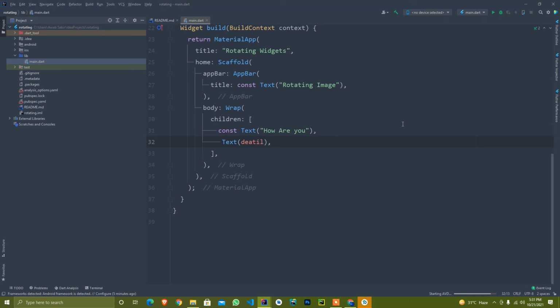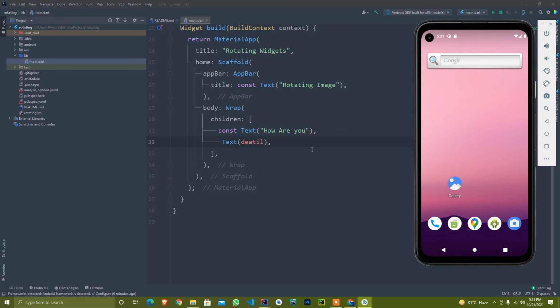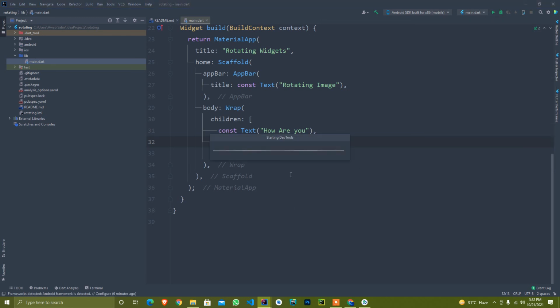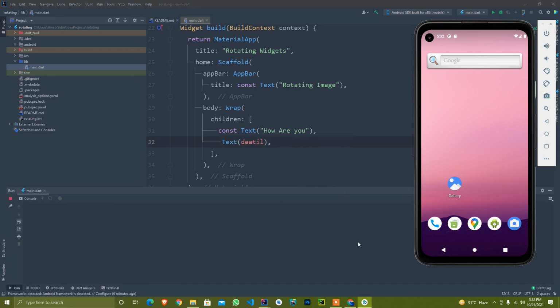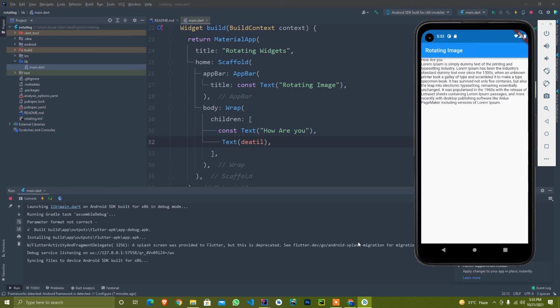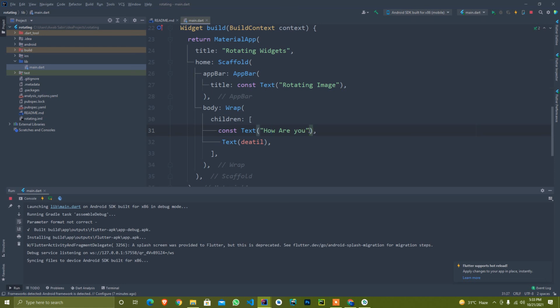While starting my emulator, it takes a couple of minutes. My emulator is started, so I just execute this and see how it looks, and then we set a little bit of styling. So it displays like this. I just style it and set here a TextStyle, and pass it a font size. I give the font size 30 because we rotate it, and